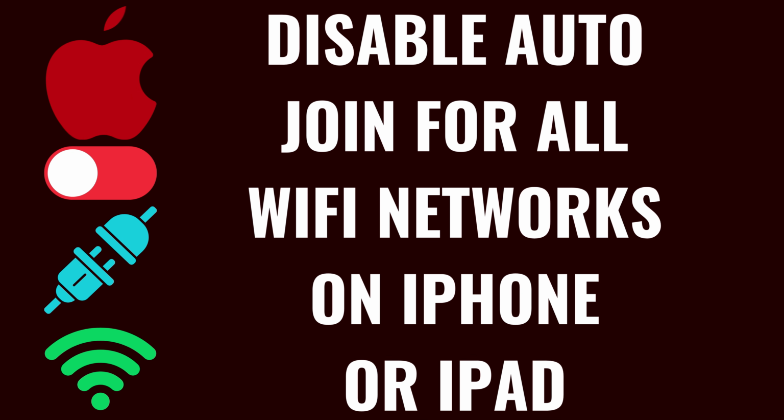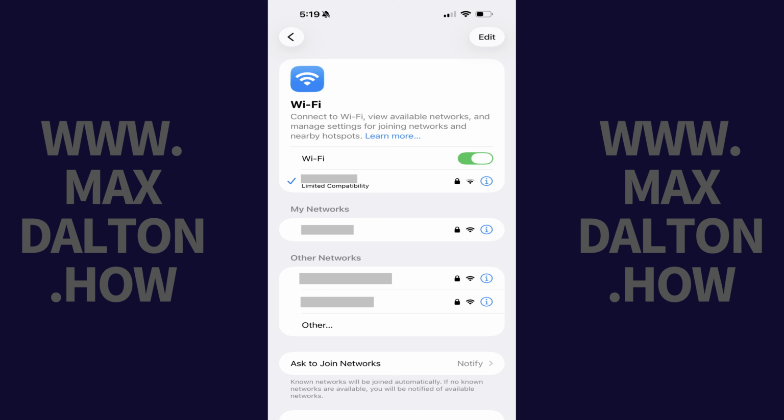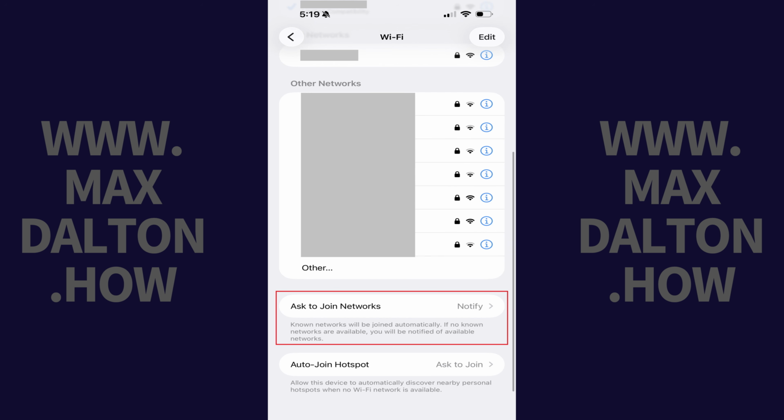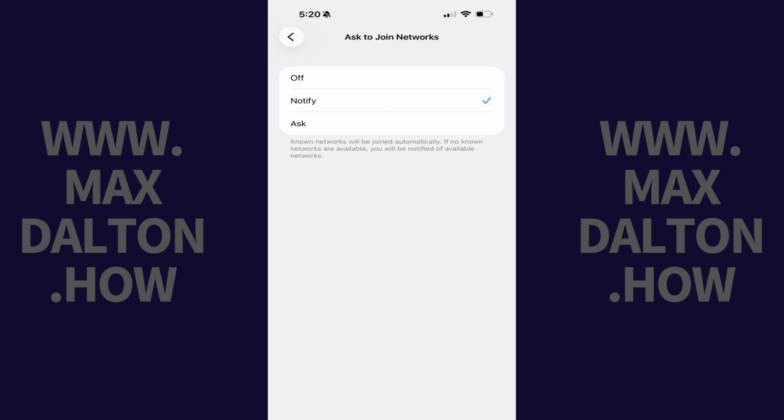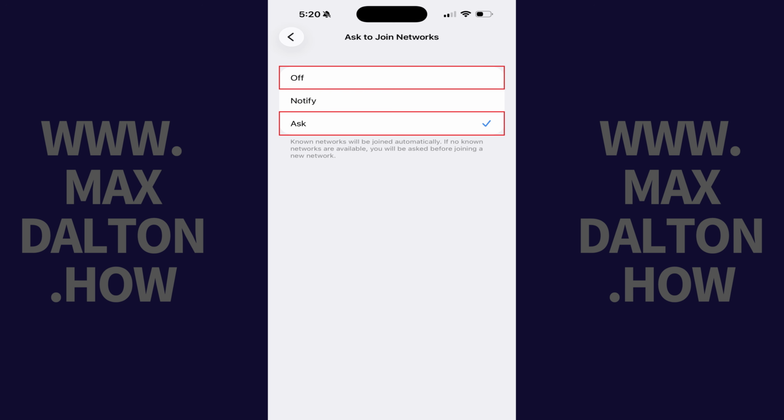Alternatively, if you find that your device is constantly trying to connect to completely new public networks that you have never used before, you can change your global settings to prevent this behavior. Go back to the main Wi-Fi settings screen and look for the section labeled Ask to Join Networks. Tap this option and change the selection from Notify to Ask or Off. Setting this to Ask will prompt you with a pop-up before connecting to a new network, while setting it to Off will keep your device completely locked to your known connections until you choose to search for a new one